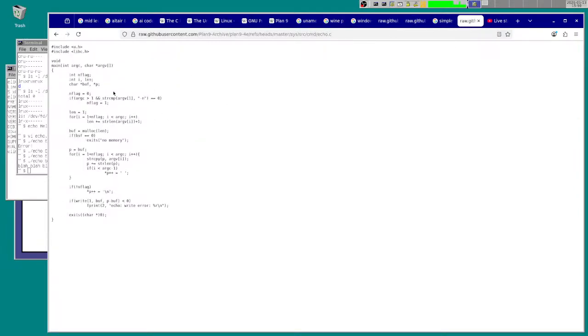And this Plan 9 version does have the N flag. I don't think it has the E flag. I don't see that anywhere. Nope. But it's meant to be kind of simpler. That's the hope, that it's simpler.